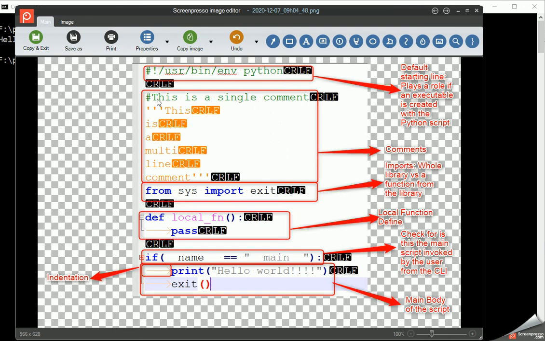The next section is not really a dedicated section for comments. Comments are actually scattered all over your code. They elaborate your code, different segments of the code, and they go hand in hand with these sections of the code. But for the sake of illustration, I placed a dedicated section on comments. Here, there are two types of comments. Firstly, there is a single line comment. This is simply written by putting a hash followed by the comment. This is a single comment.